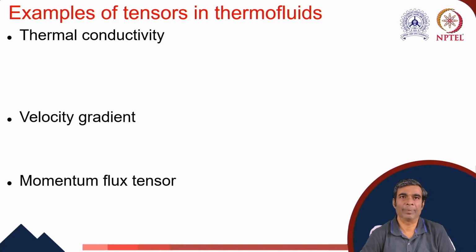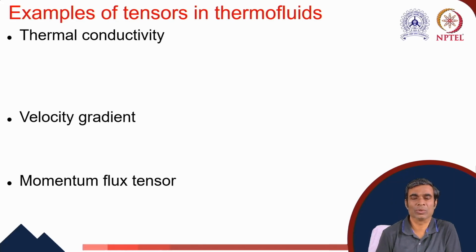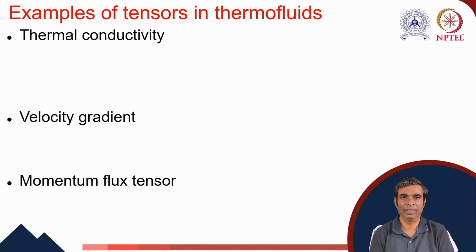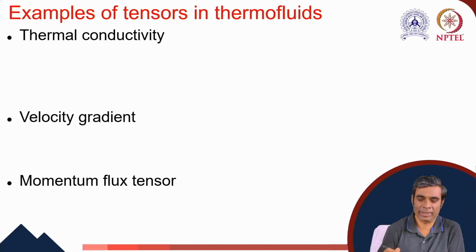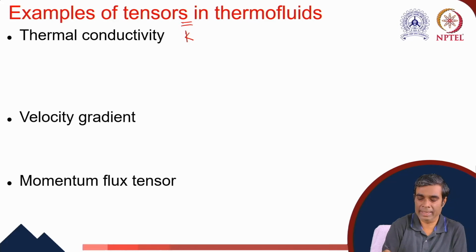Now we provide some examples of tensors that come in thermofluids. The first example is the thermal conductivity. In most of the cases, we treat the thermal conductivity as a scalar quantity. So if we go for pointwise distribution of thermal conductivity within the material, it is actually a second order tensor. So thermal conductivity denoted by the symbol K, it can be written as a second order tensor K double bar,